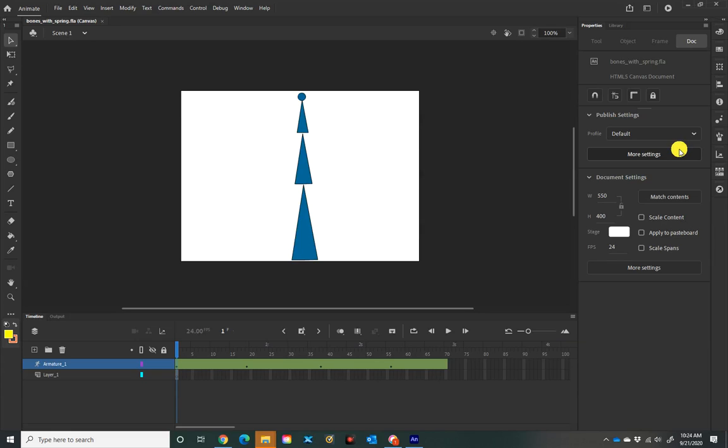You open up the file Bones with Spring FLA, it's in the week 4 folder from the examples. You'll notice that there's this file with kind of this new thing that we haven't seen before, armature 1, and I think it opens up on this last frame, so you'll see something looking like this. If you scrub the timeline,